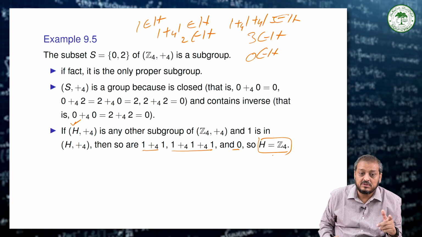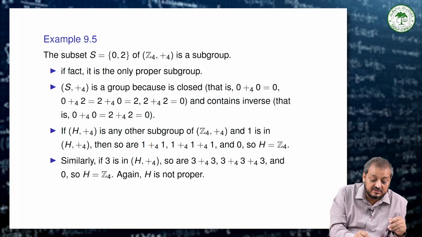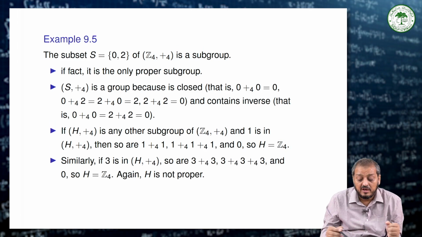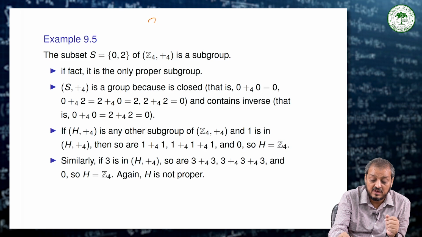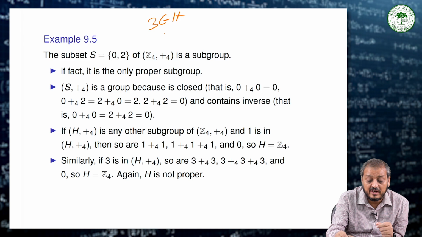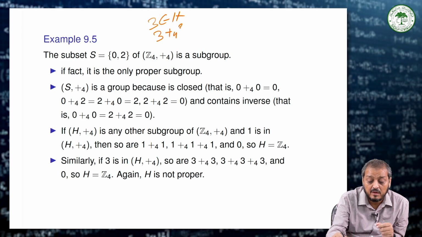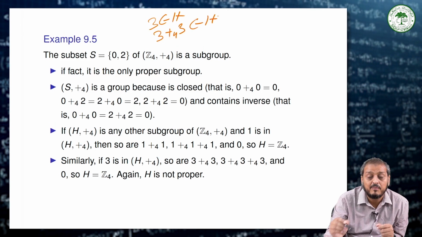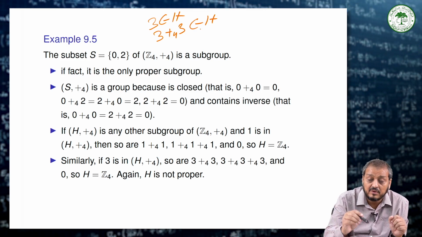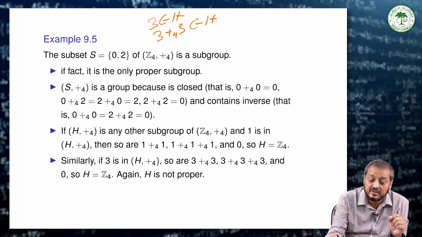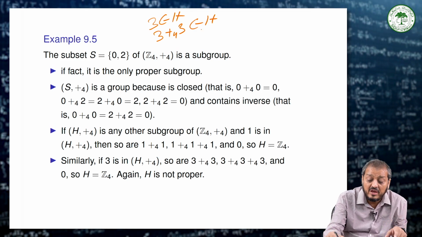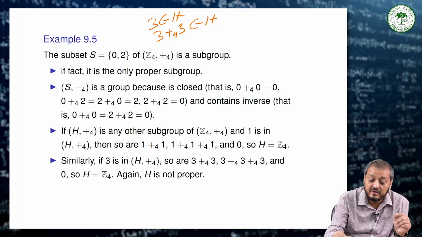Let us try another property. Similarly, suppose 3 is in H. If 3 is a member of this subgroup H, then under addition modulo 4, 3 plus 3 is also an element of H by the closure property. And since 3 belongs to H by the closure property, we can say that 2 is an element of H,